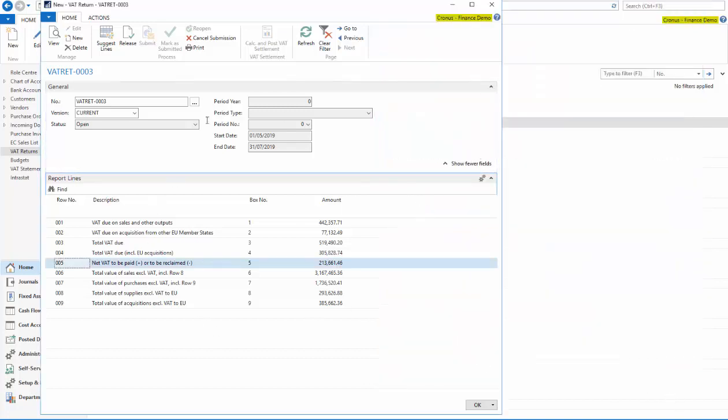So once we're happy that our return is looking exactly the same as what we have reconciled to, then we release our VAT return, and when we release it, it allows us access to the other icons on our home ribbon. If for whatever reason we realise that things aren't quite right, then we can simply reopen and then we can resuggest lines. However, I'm going to do my submit,